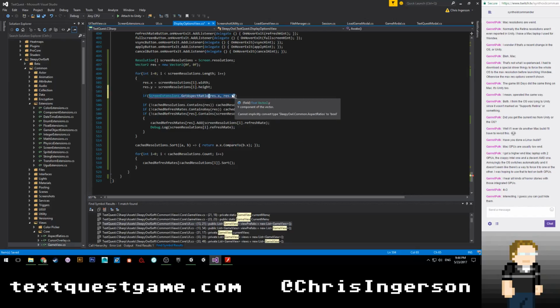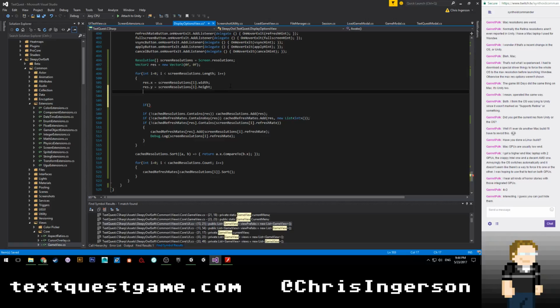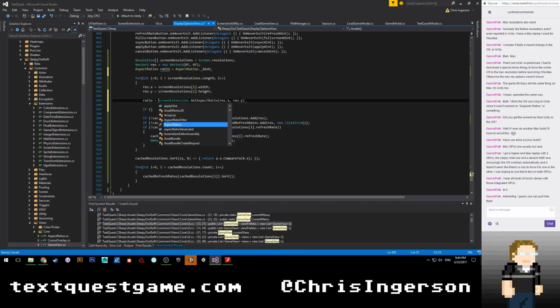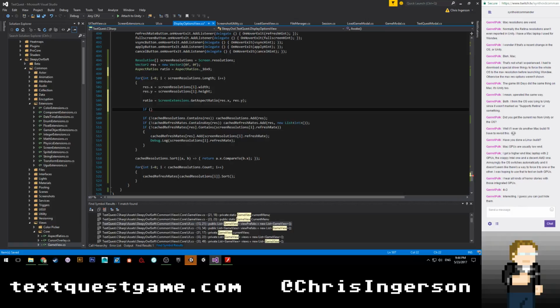I'm actually going to change that. So we're going to say aspect ratio is equal to 16:9. Ratio is equal to that. And if ratio is equal to ratios dot